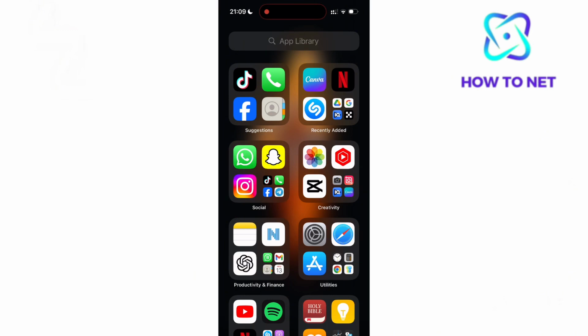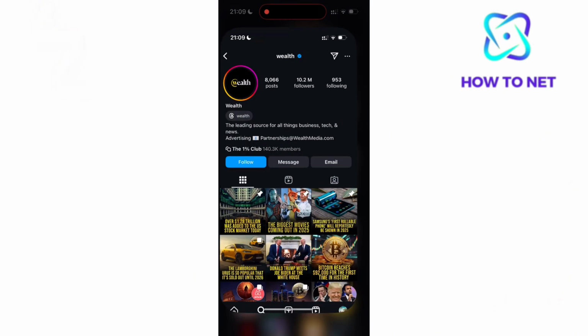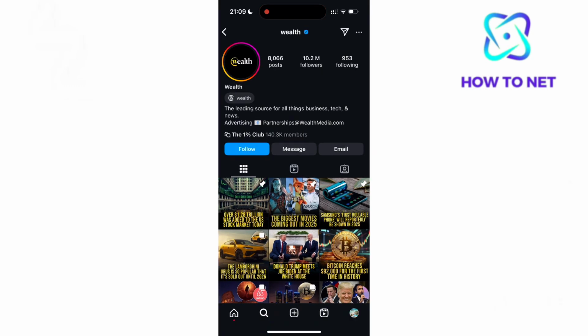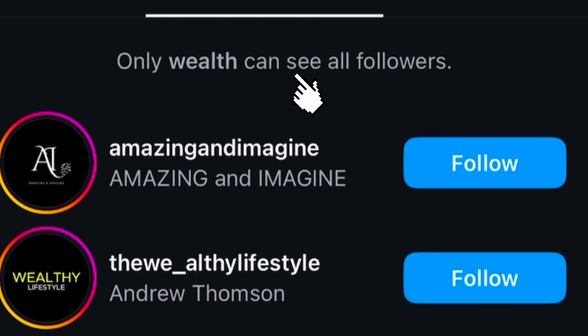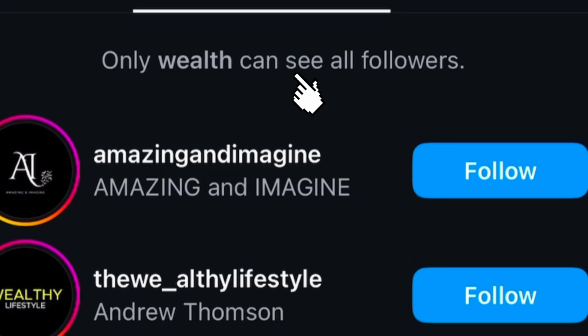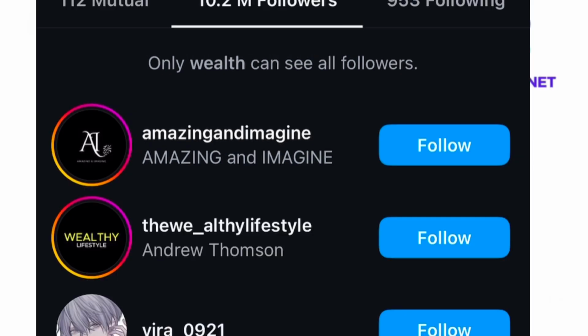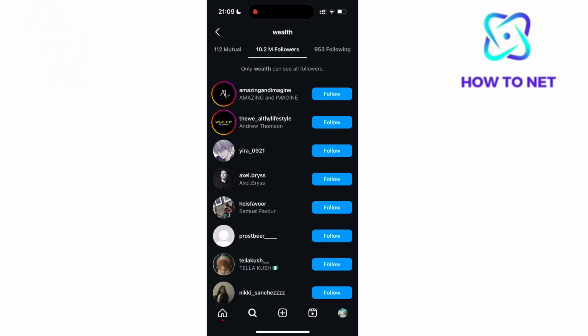To do this, simply head to your Instagram. Now guys, if you have been on Instagram for some good time, you will notice such accounts whereby if you head to their following list, there is this notification that says, only that particular account can see all followers. Well, this usually works on such huge accounts,